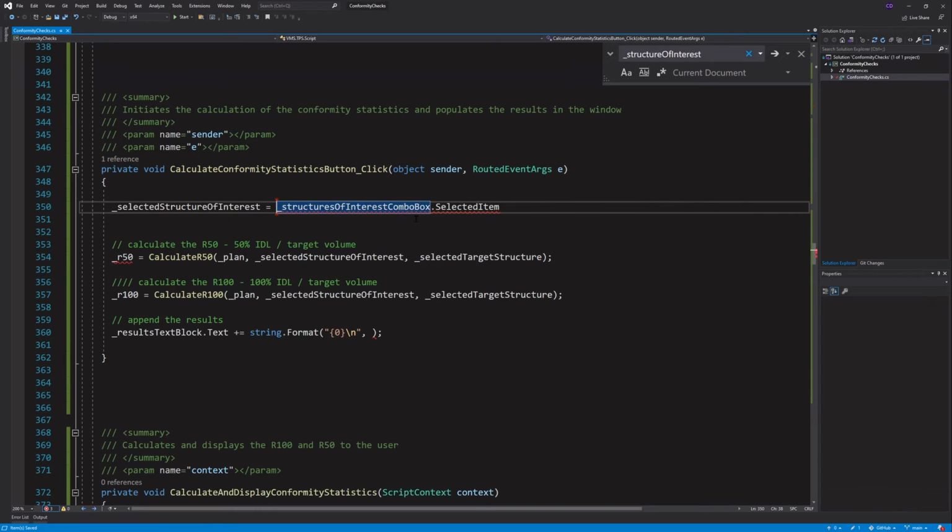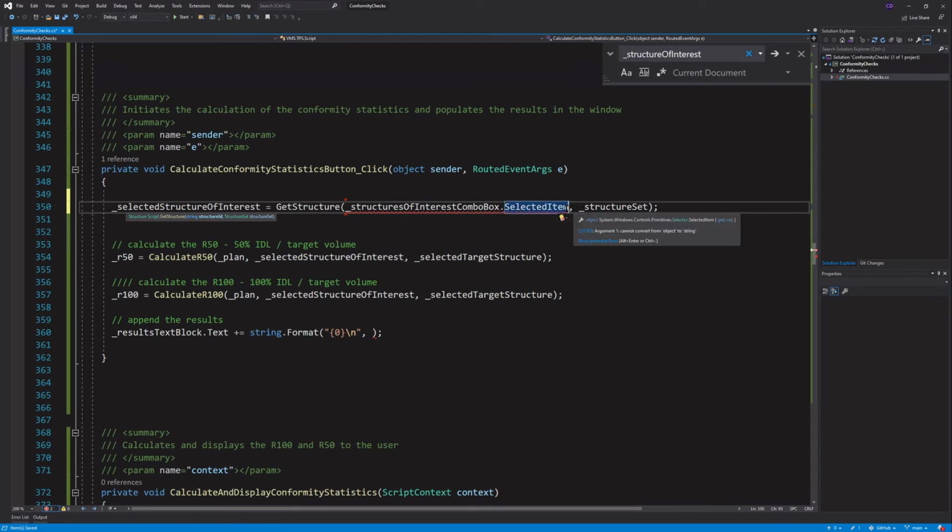Okay, so let's say get structure, and we know we need the structure set, and we need the structure ID, which is the combo selected structure of interest combo selected item. Okay,